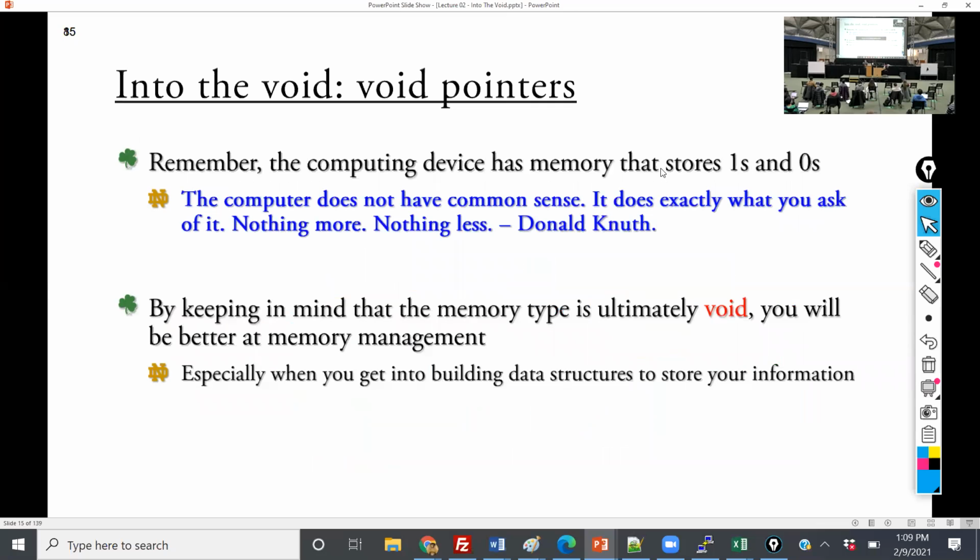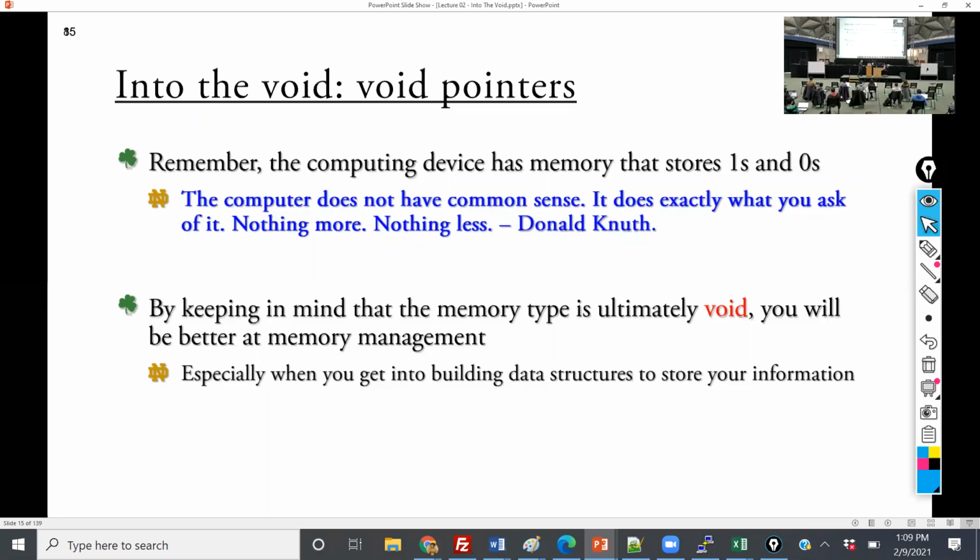All right, so one of the big things and one of the reasons why it's really important for you to understand what a void pointer is that computers do precisely what you want them to do, nothing more and nothing less. And as you build your own data structures, if you have a really strong understanding of how to convert a void pointer to a character pointer array, as we're going to do today, once you start doing that, you go, okay, well, this is how I can then structure data with pointers to find things fast. Then you will build efficient, reliable data structures.